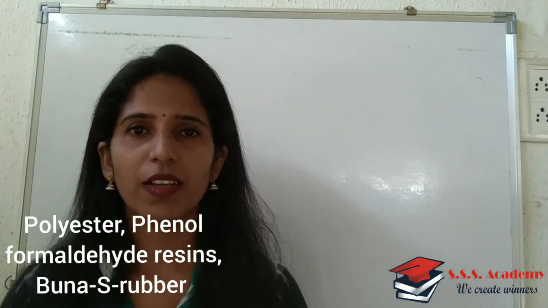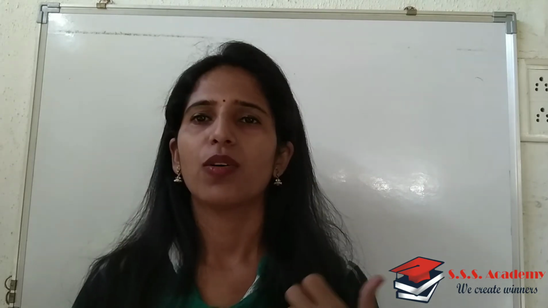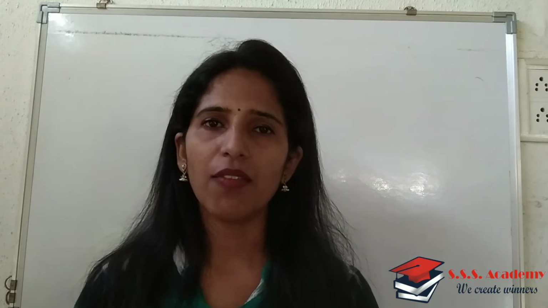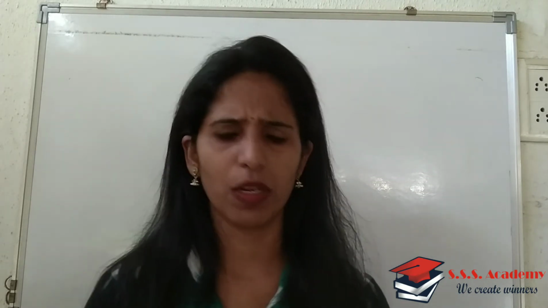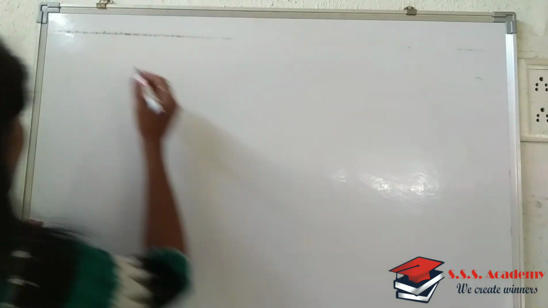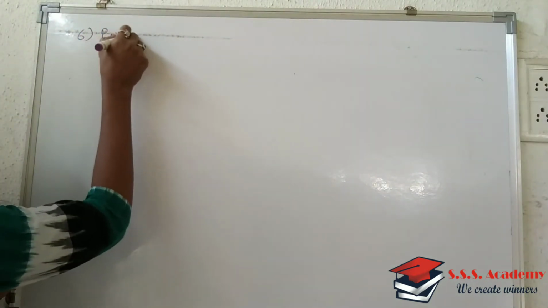Hello everyone. Earlier we have done five different important polymers. Now we will start with the sixth one. Earlier we ended the fifth one, which is polyamide, where we have seen nylon 6 and nylon 66, two types of polymer. Now we are going to see something about polyesters, which is the sixth polymer. So next you will write the title as 6, that is polyesters.